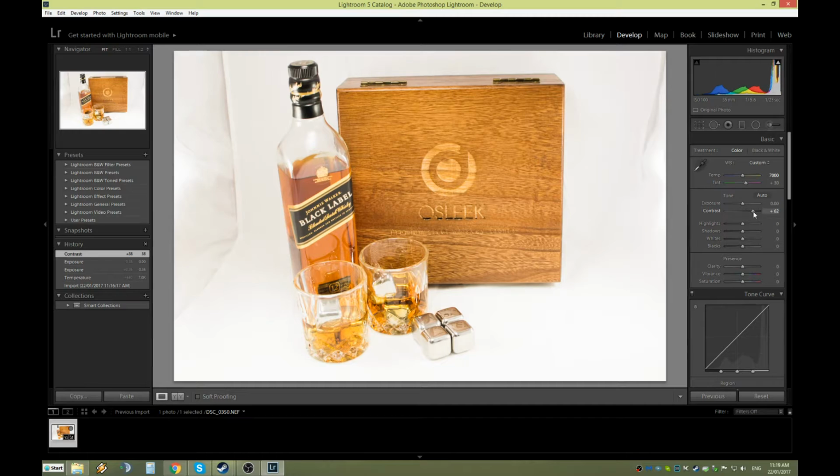I would say about 50. Leave it like that. Highlights. If you have any issues with shadows, like for instance here and here,